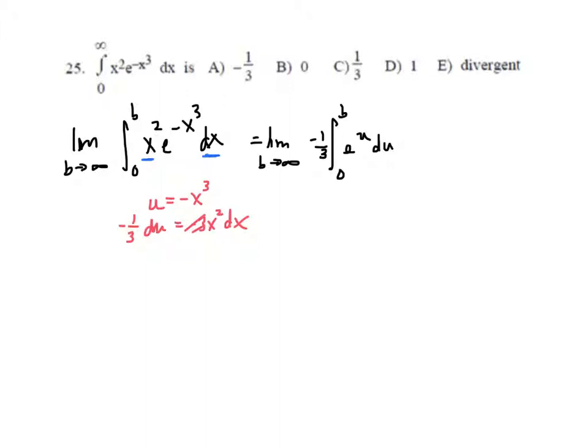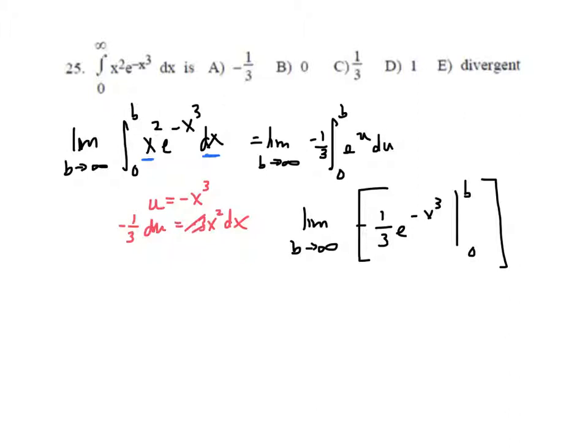The antiderivative of e to the u is e to the u, so it's negative 1/3 e to the u. I'm going to put x cubed back in. Evaluate at b and 0, doing the limit as b approaches infinity. So let's focus on the fact that this is a negative x. Well, I guess we wouldn't even really need to, because it's negative 1/3 e to the negative b cubed minus negative 1/3 e to the 0, like that,